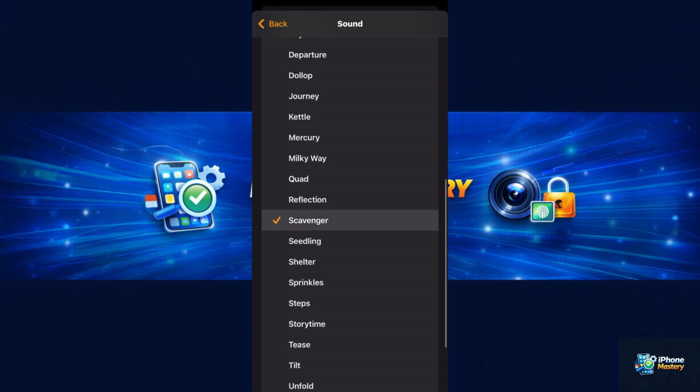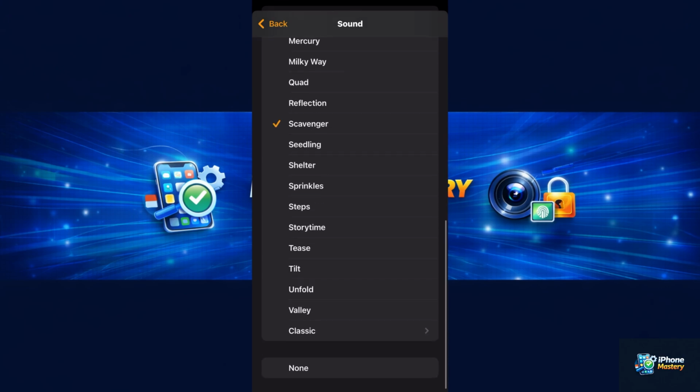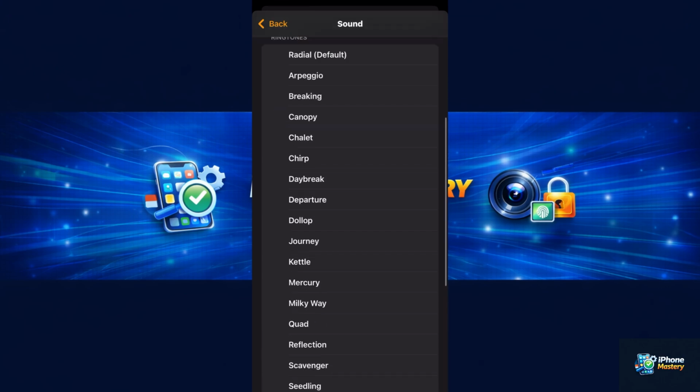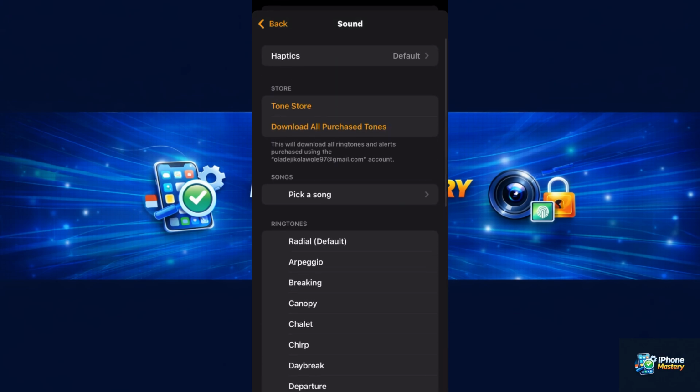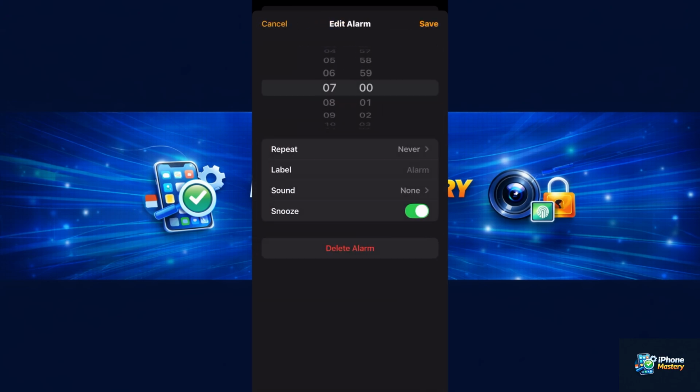And once you are done with that, just want to scroll up and just want to go back. Once you go back, I want you to check the top right corner. You're going to see save over there. You just want to tap on that save, and the song you just chose will be saved to that alarm